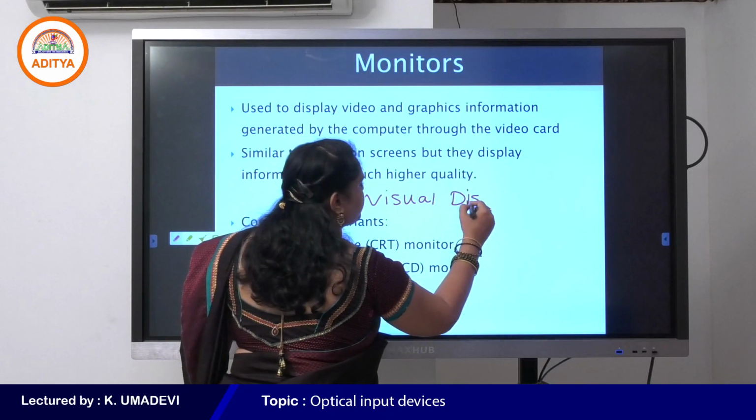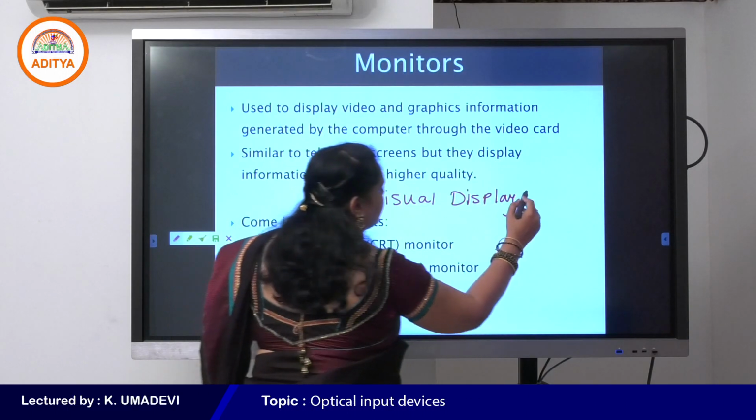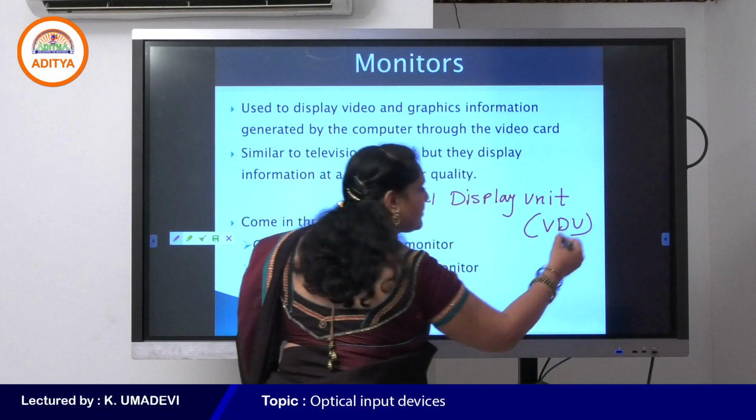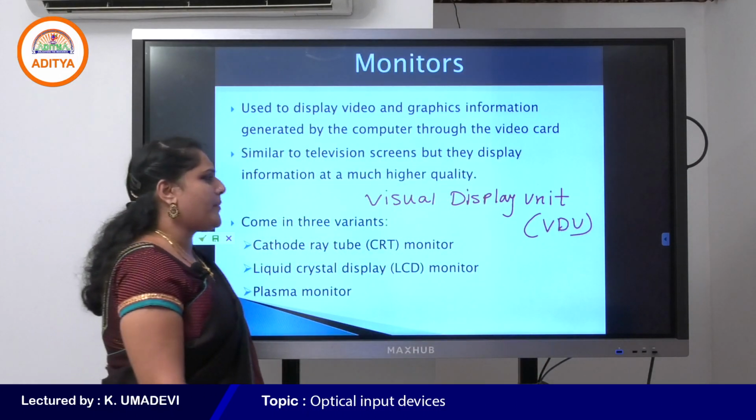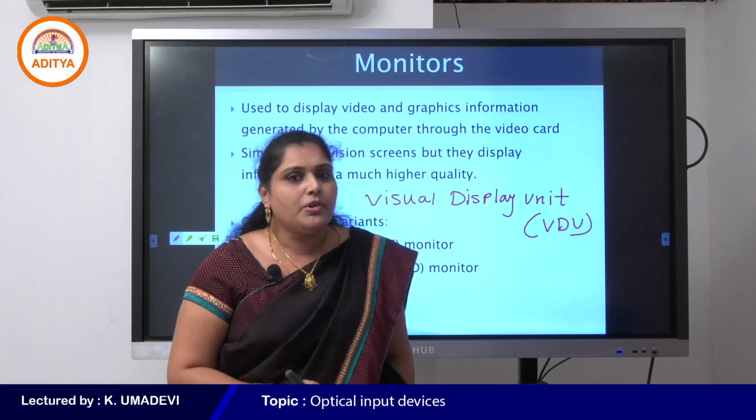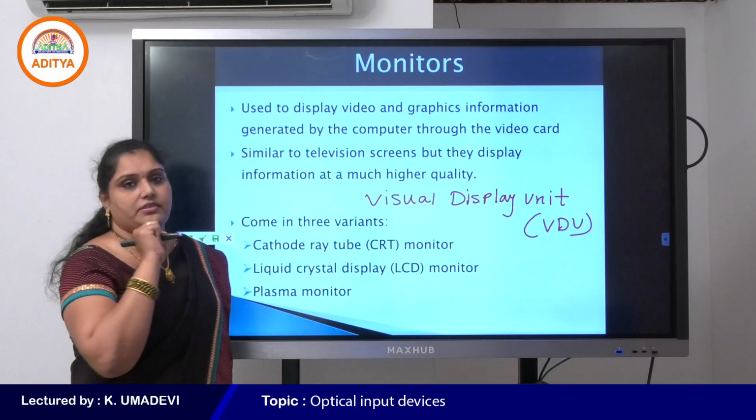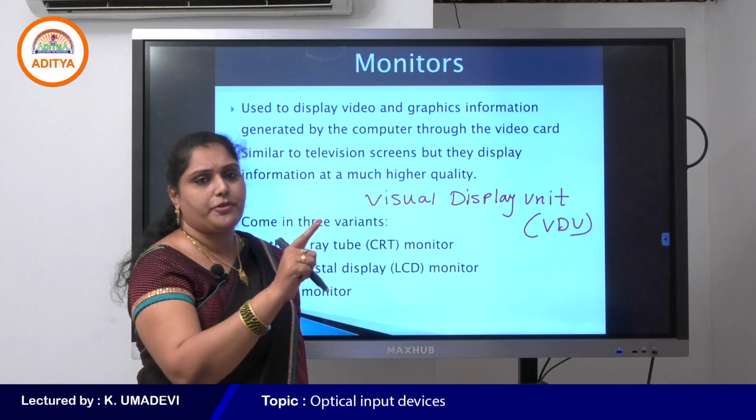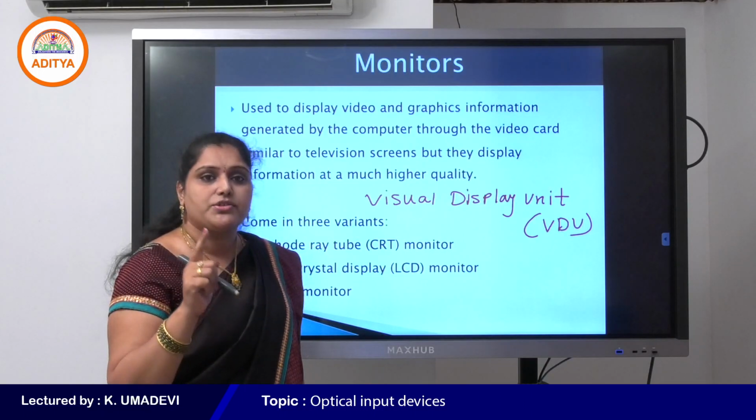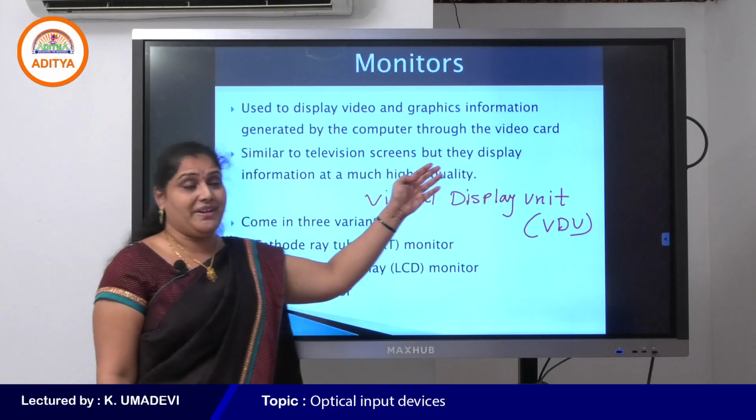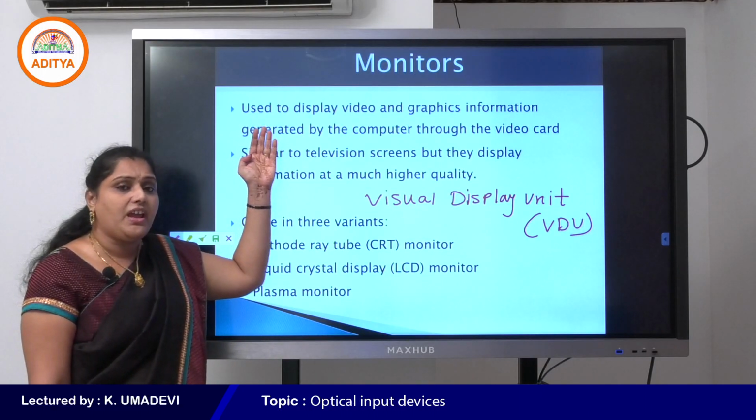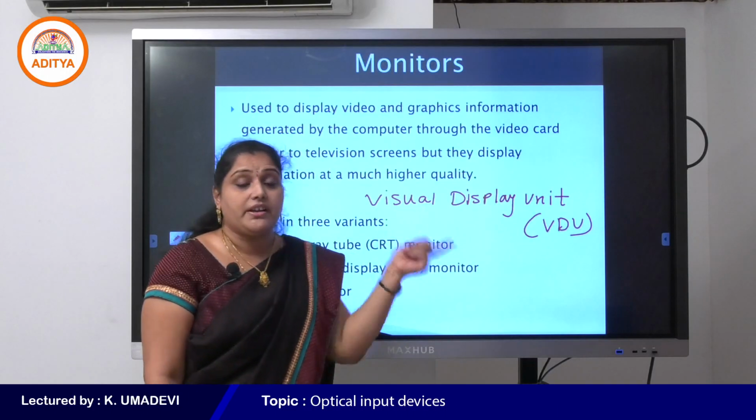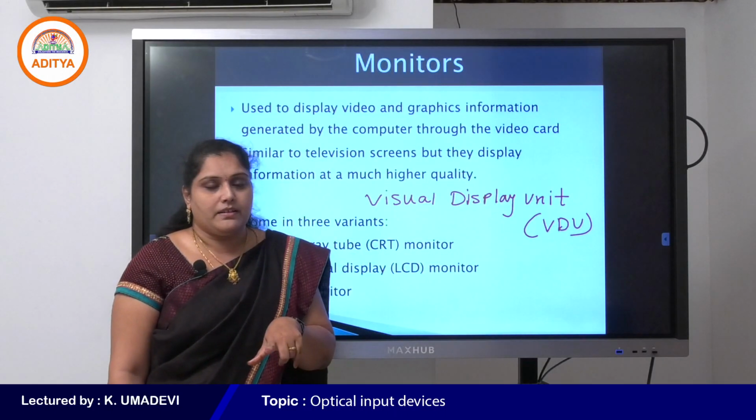Visual Display Unit. Monitors were commonly known as VDU, Visual Display Unit. Monitors are used to display any type of information, graphics or videos through the video card. These are used to display any type of information like video and graphics information generated by the computer. That means the monitor